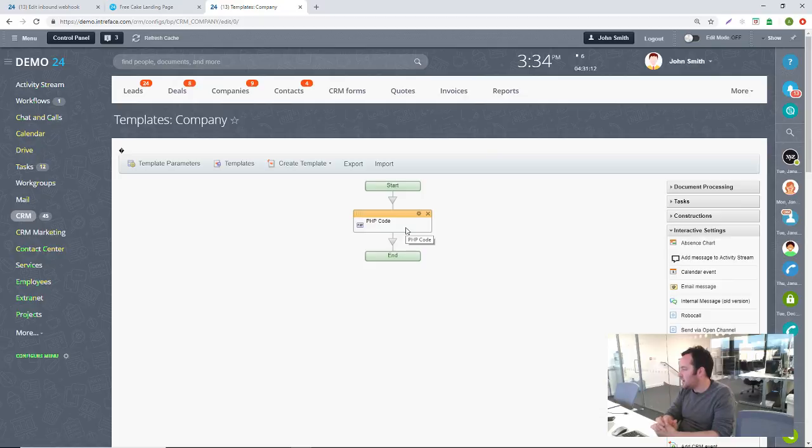Alternatively, if you're wanting to give access to somebody to a folder in a different work group, they would obviously need to be in that work group, unless again you use a bit of PHP code to add them to the different work group. But if they were already in that work group, then you can set the permissions within the work group already. So you could set all members to be able to see